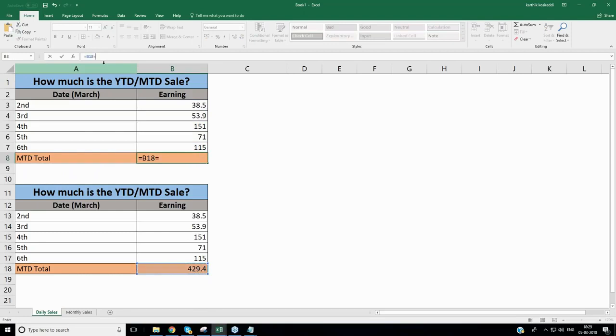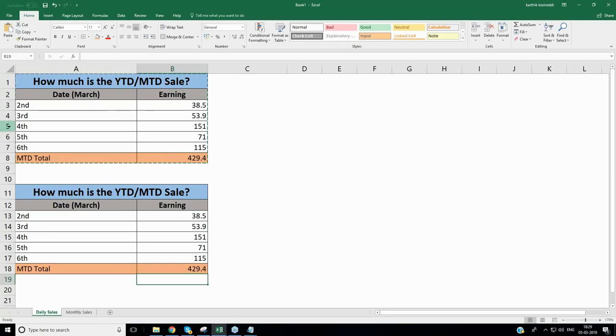I will say this is equal to sum of, from this cell range to this cell, equals SUM B13 to B17. So now I don't mind.